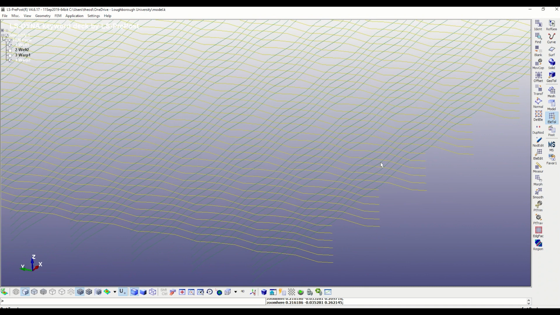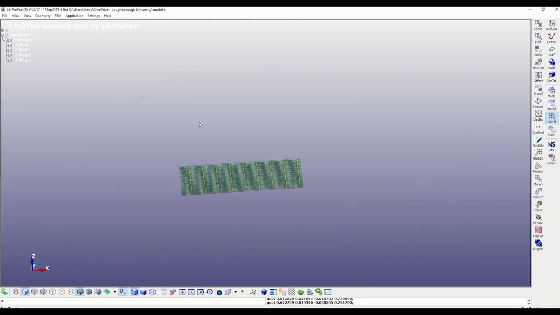Next, we will construct the geometry of the spherical projectile. Feel free to jump to the beginning of the 4th minute of this video if you know how to do that. We will be taking advantage of the symmetry of the normal impact and the fact that the geometry is also symmetric in the YZ and XZ planes. So we'll only model 1/4 of the whole system, so it will be less computationally expensive. Okay, let's now see how to model the spherical projectile.